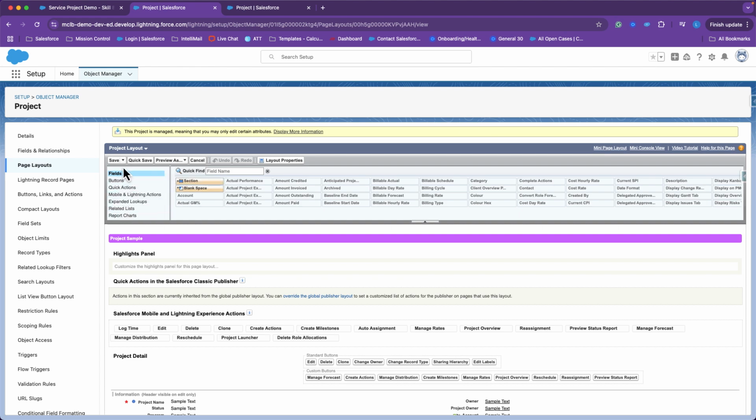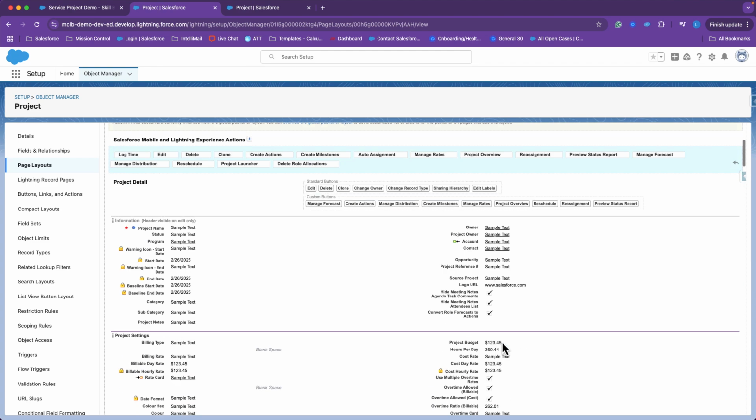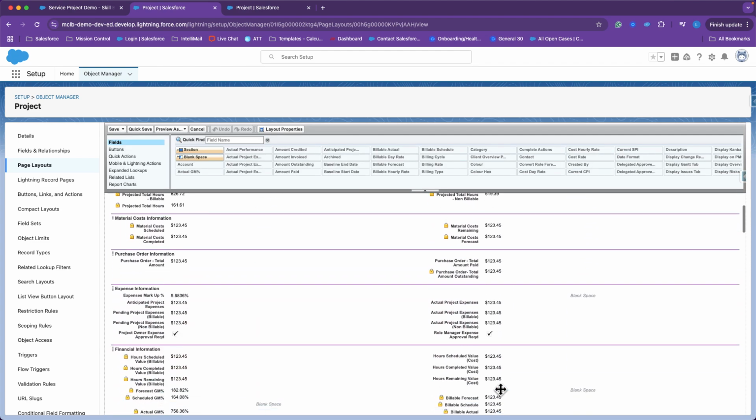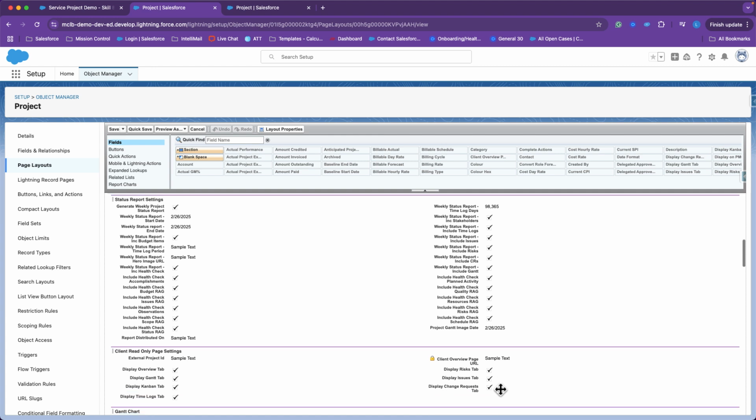In the left guide here, you'll select Fields and ensure the Include in Project Status Report fields are added to your project report settings section of your detail page. So you would just drag and drop those fields right into this section. This includes the health check accomplishments, any of the ratings that you've established, the scope, observations, and so forth for